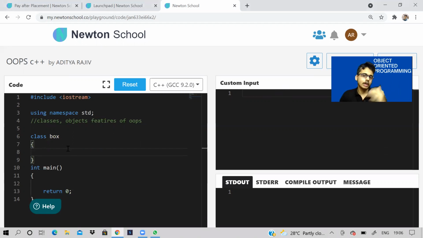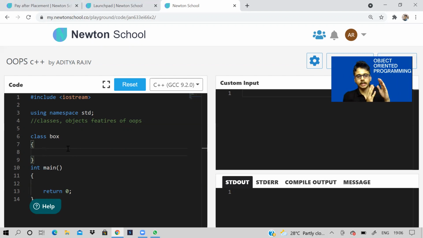If you have watched the previous video, you will know that the reason why we use object-oriented programming is because with the help of class and objects, we can organize our code in a much better manner. For example, just imagine you have one red color box and one blue color box. Both are just of different colors, but all the dimensions and everything is same. But you want to perform different operations with those two different boxes.